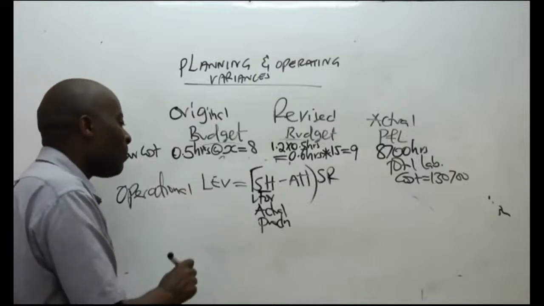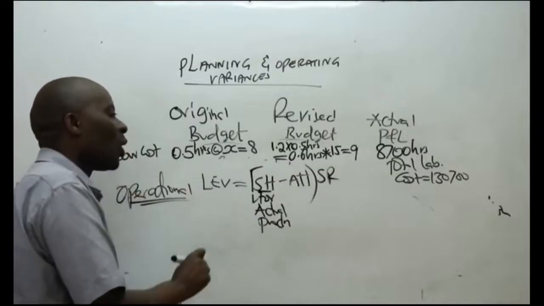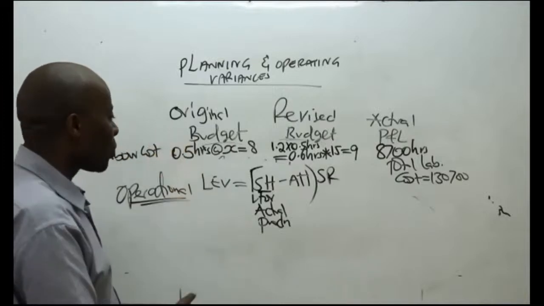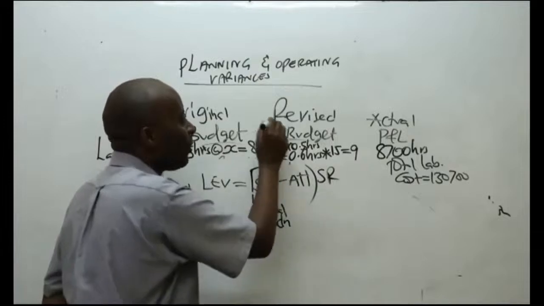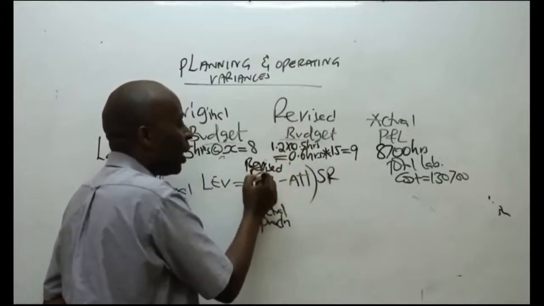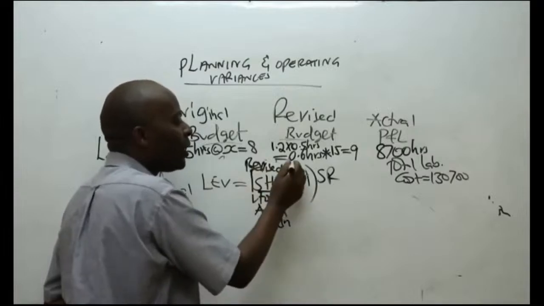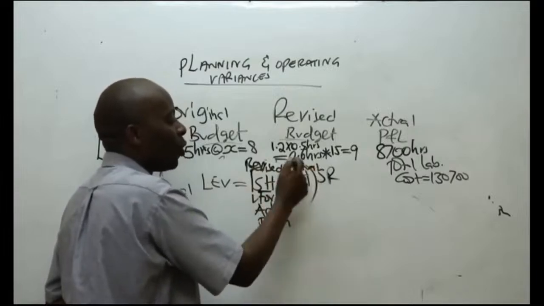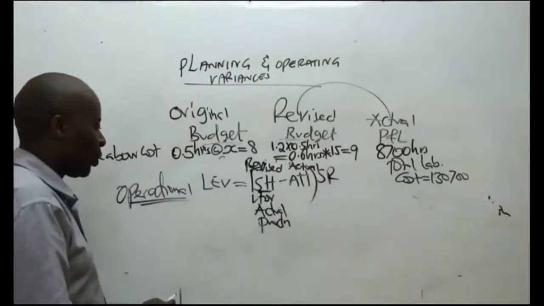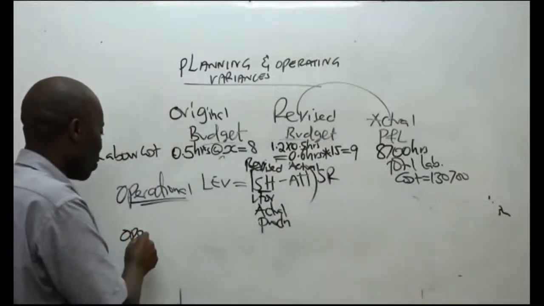So remember, under operations, we are comparing what and what? Under operations, we are comparing revised versus actual. So these have to be revised hours, and these must be actual, because under operations I'm comparing between the two. So ladies and gentlemen, our operational variance,